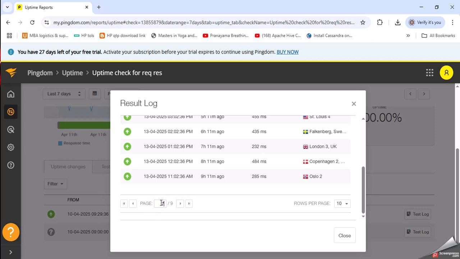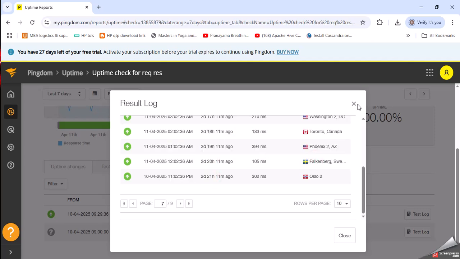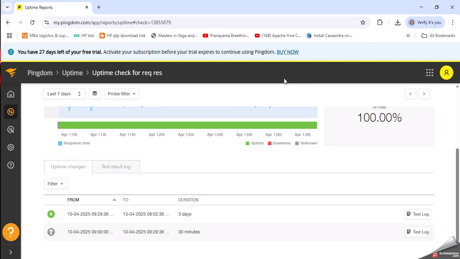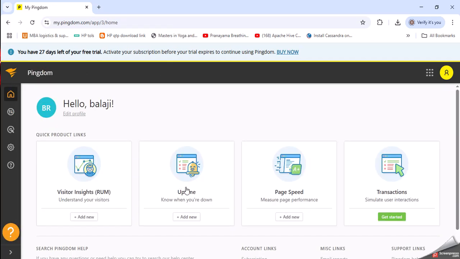Okay, so let's go to the very last. So if you see, here also we are able to see the same details via different servers. So we can configure different endpoints here and see their uptime. And there should be a way to configure alerting also here. But as a sample try, I have tried this particular uptime concept here,